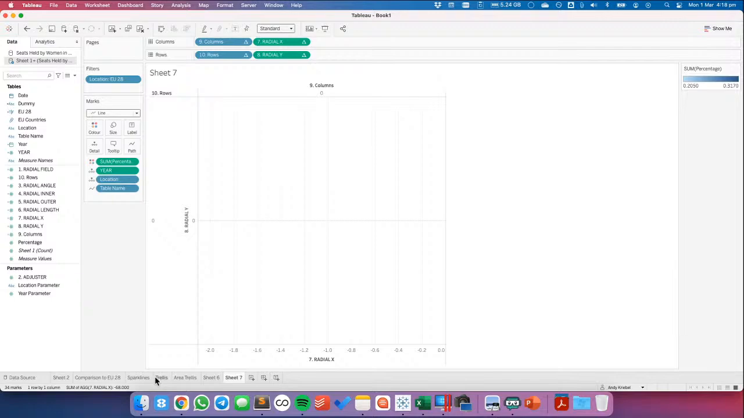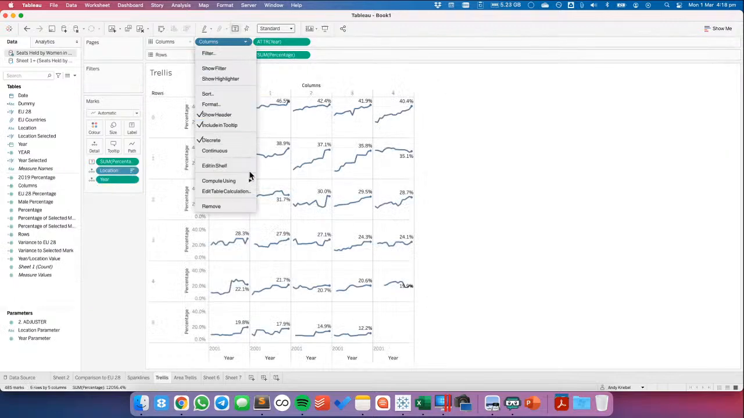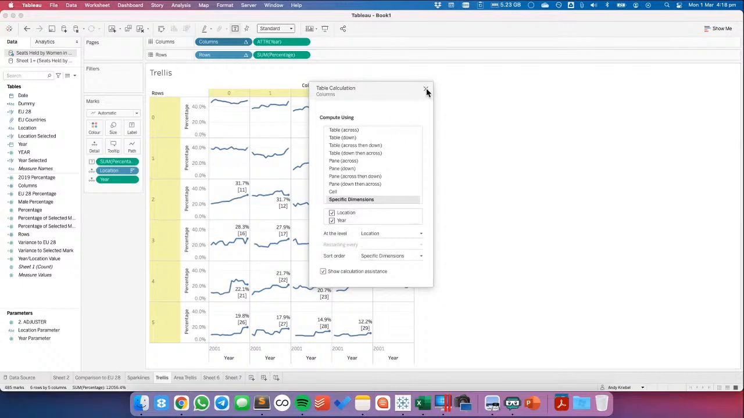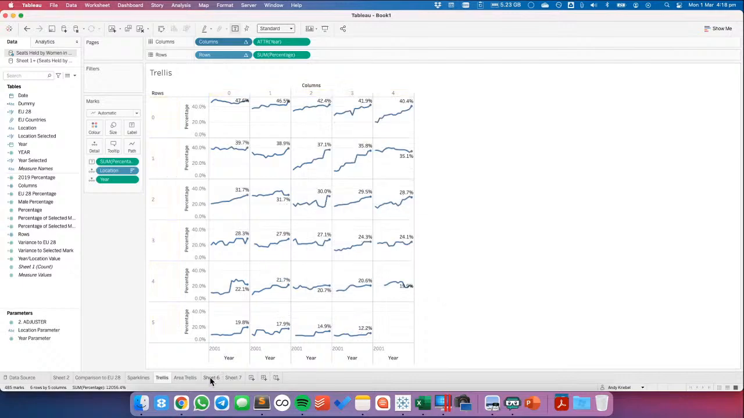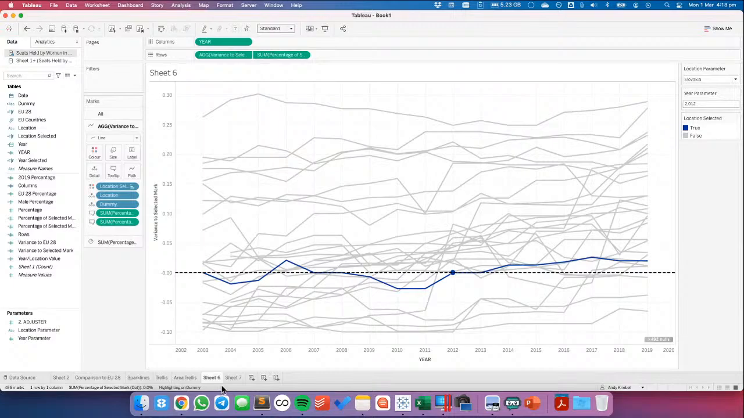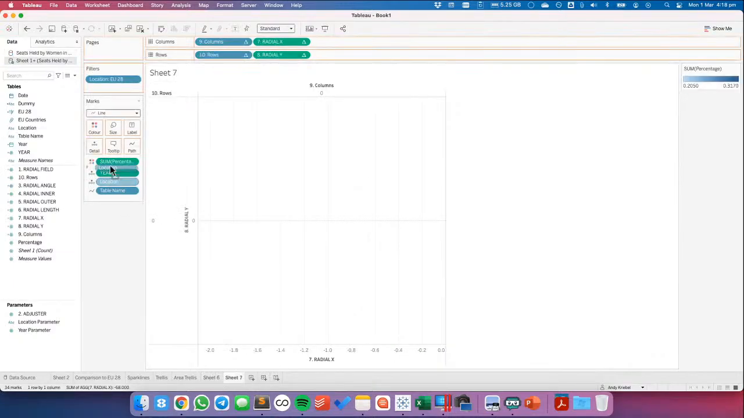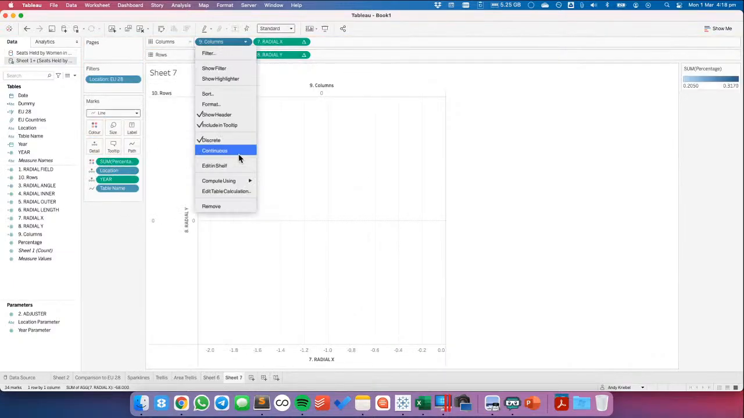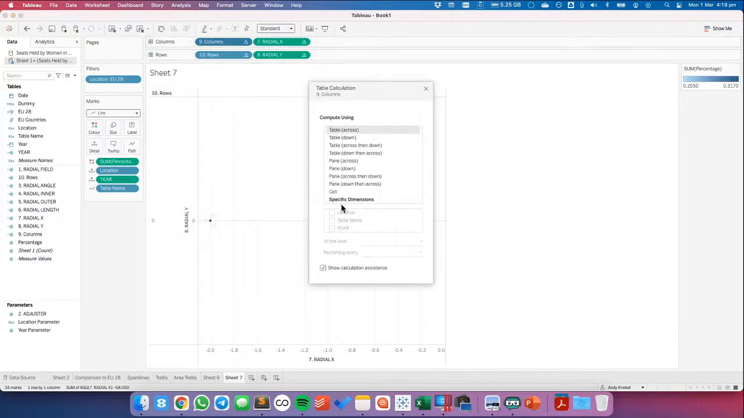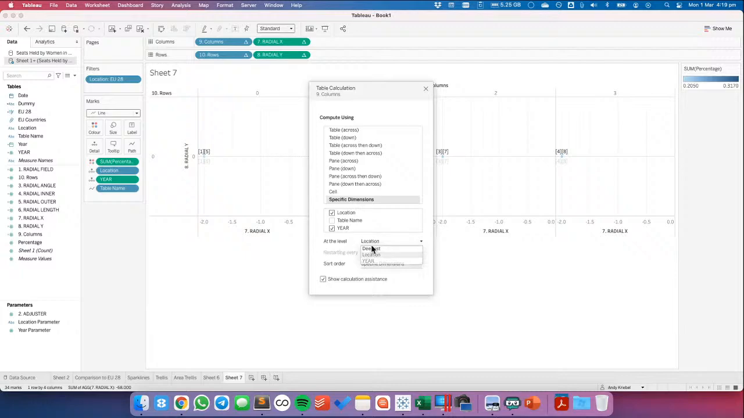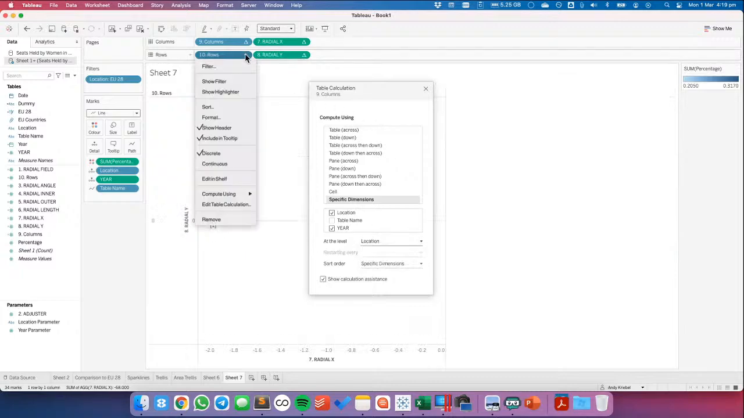Okay, so how did I configure it over here? So this is compute using location, year. Okay, so this needs to be turned around. Location, year. And then